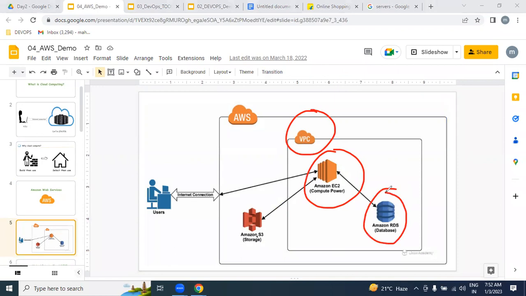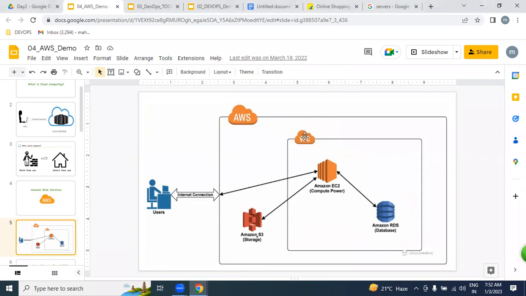Third module, RDS. Fourth module, S3. These 4 modules we are going to discuss. To complete this AWS, it will take 7 to 8 weeks. Each module will take a minimum of 1.5 weeks, sometimes minimum 2 weeks.